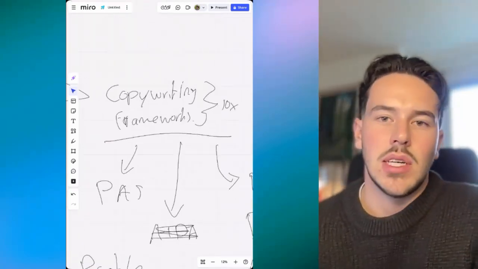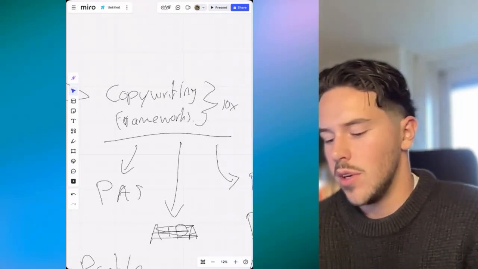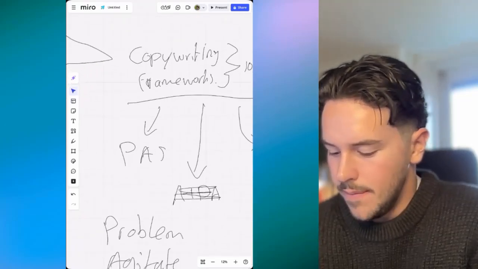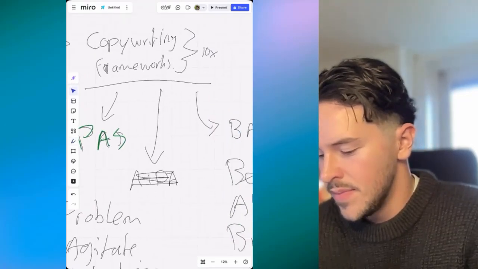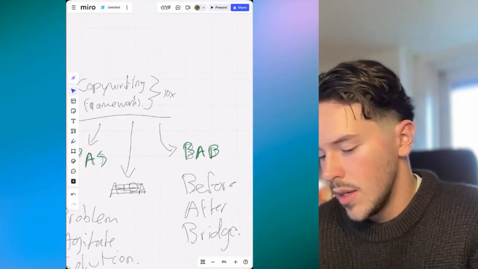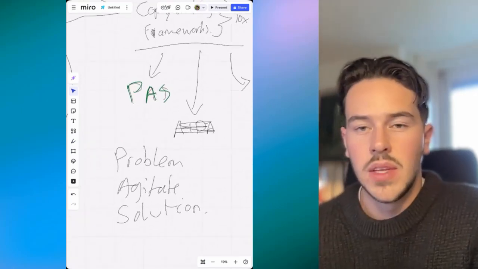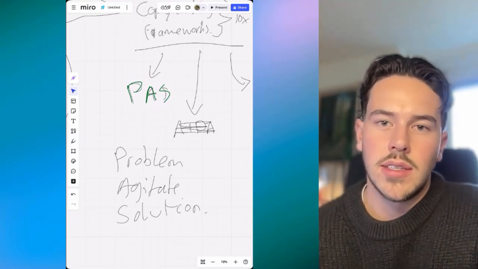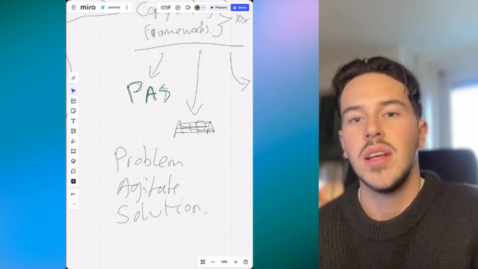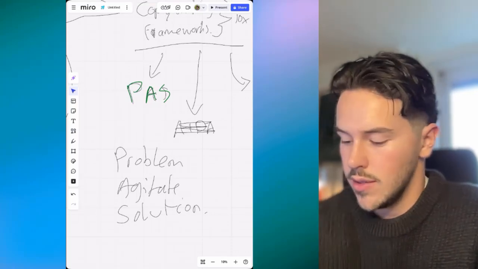And it's not like a big secret. Just search Google for copywriting frameworks and you find a ton of them. But my favorites are the PAS and the BAB. So the PAS stands for problem, agitate, solution. For example, you don't know how to create content, so you're missing a lot of money because you don't get the leads. Here, use my content video to show you how to create great content.